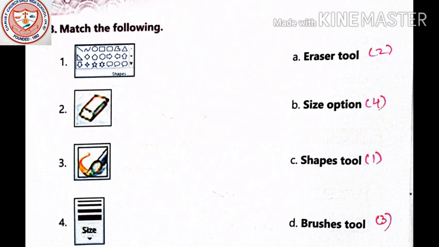Now, after doing this portion, I just want to say that please practice all the tools in your paint at home, so that it will not be harder. You know how to use the paint program as you have learned in the practical class in class 1. So now you will practice the different tools which we have read today. You're going to practice it thoroughly and go through the chapters thoroughly.